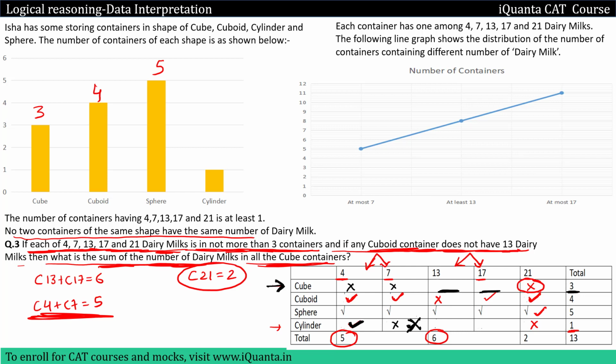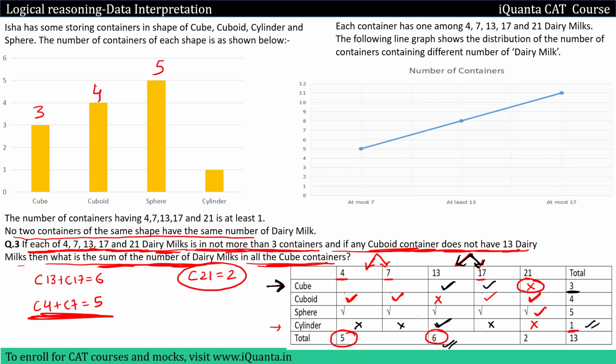So I'll directly come to C13 and I'll put a tick over there. Now if I come to 13 and I put a tick at cylinder over here, why am I putting just 1 tick? Because there's only 1 cylinder. So that means now I'll have all crosses here. Now if I check this C13 and C17, I should have total 6 ticks in both, and I'll have a tick over here, I'll have a tick over here. So how many ticks do I have in total? 1, 2, 3, 4, 5, 6. So yes, this condition is possible. That means the cylinder tick will be at this C13 over here. So yes, this is a possible condition.